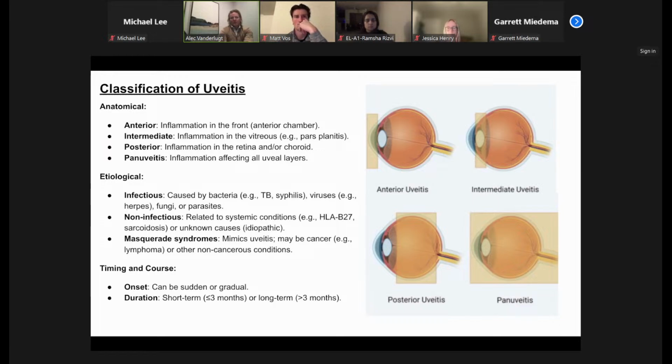The second form of uveitis, of which there are 4, is called intermediate uveitis. That's where the retina becomes involved, very anterior in the front of the eye. The most common reason, I think there are slides about this later, is multiple sclerosis. So if you see a collection of cells somewhat in the anterior but more